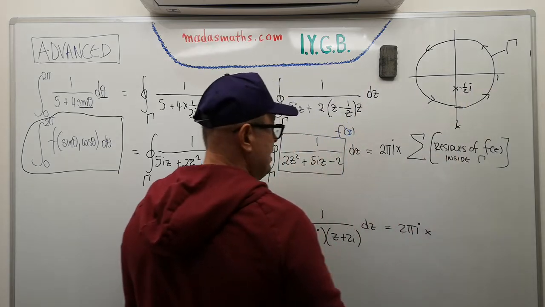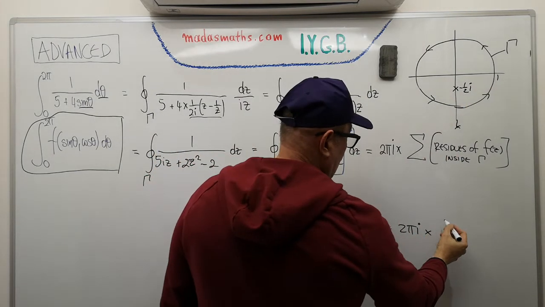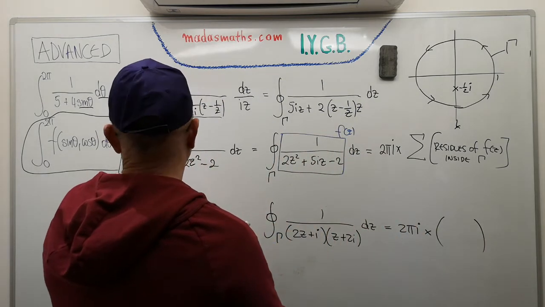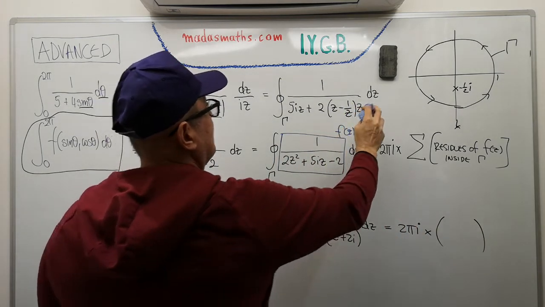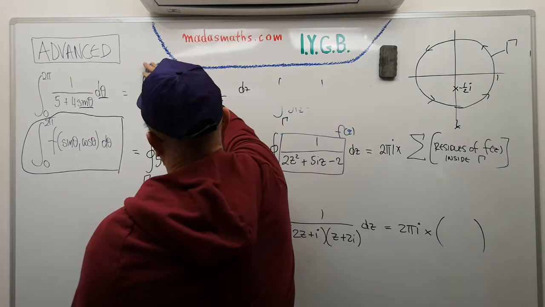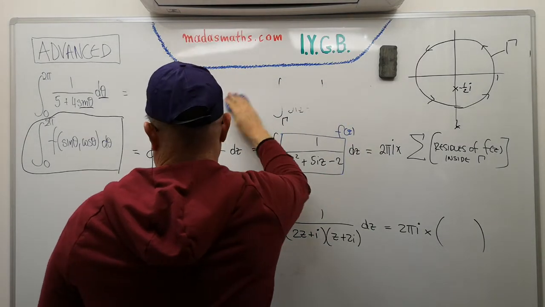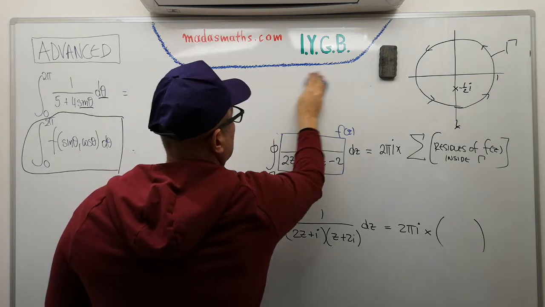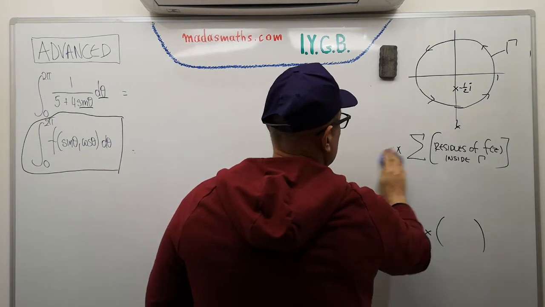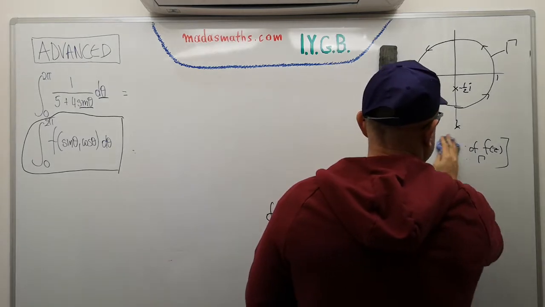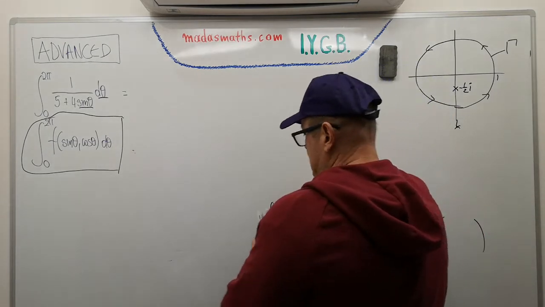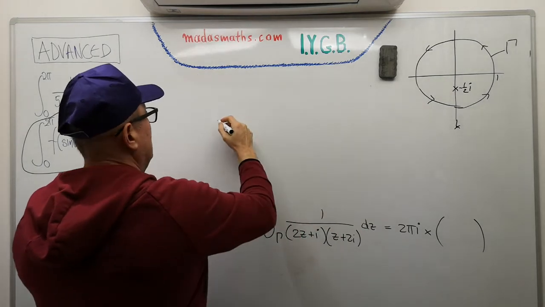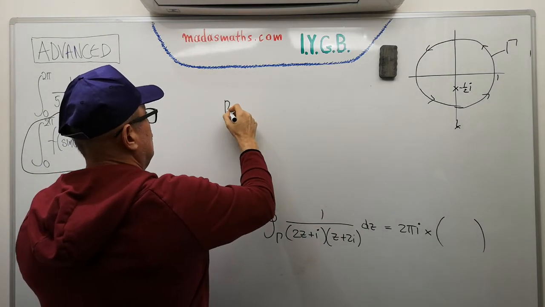So I need to find the residue of this particular pole in order to put it here. So it's just a single quantity that I'm after. So let's make some space. I'm going to rub off the very top line in order to compute the residue. So we're using, of course, the standard formula. Most of the time, because they're normally simple poles, the standard formula is very, very efficient and very quick. So in order to find the residue